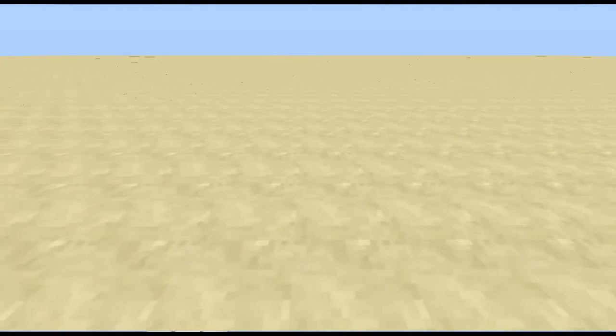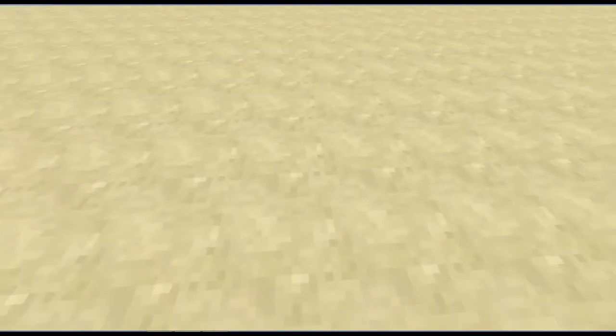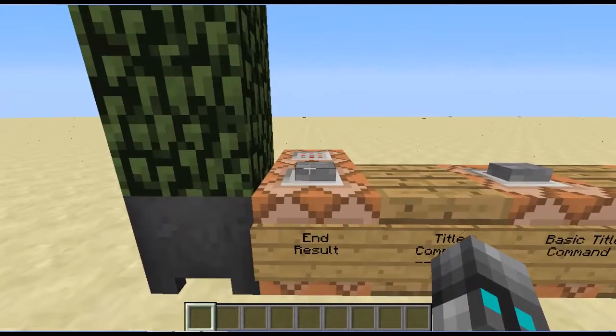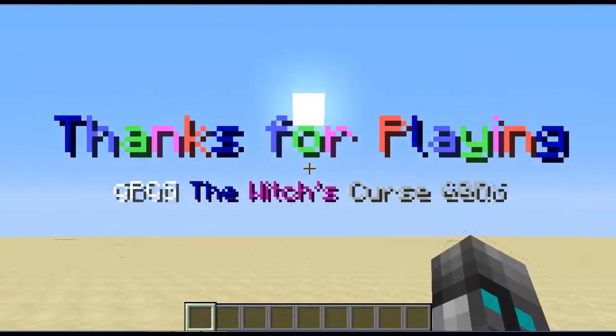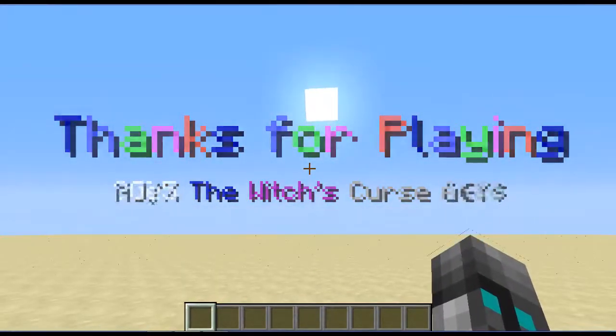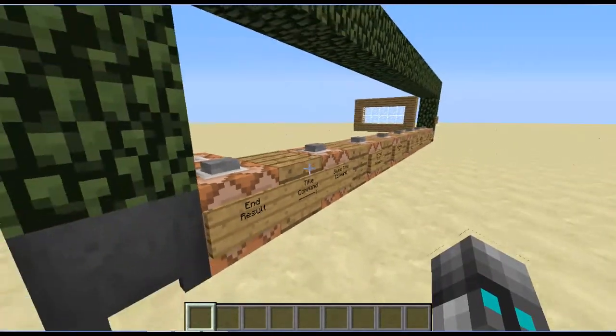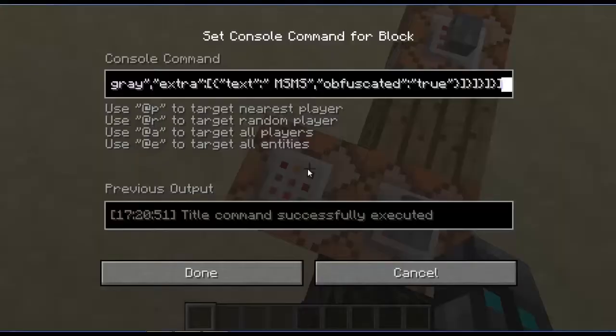So this is the title command tutorial. If you don't know how to use the title command, this will be our end result, something like this, if you know how to write it. Now the end result at the end of this line won't look like that. Okay, so if I just show you the